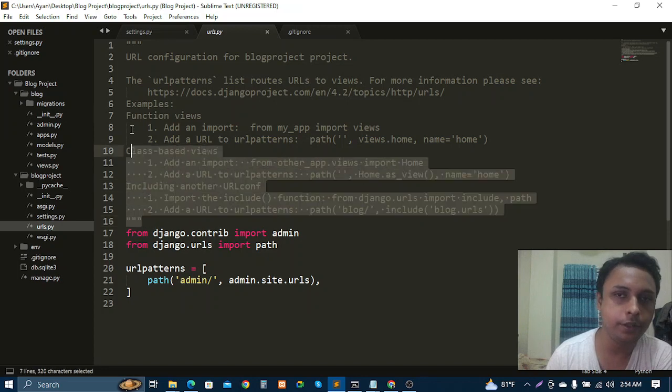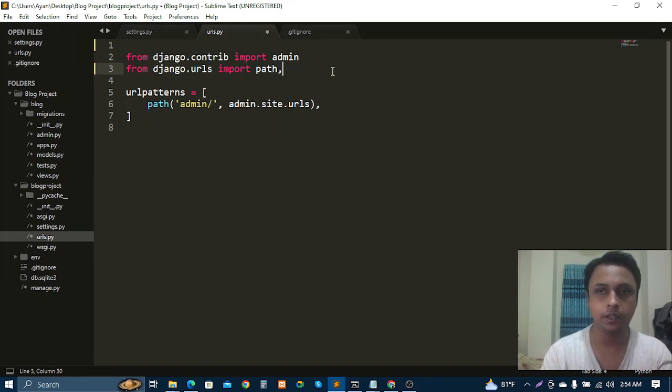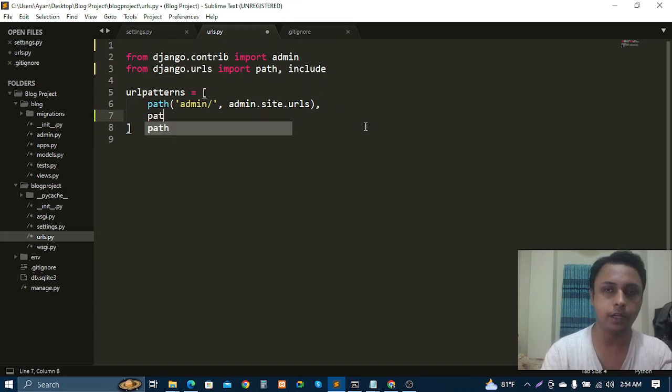So I'm going to delete all these comments, and after this django.urls import path, I can add here something called include. And after this admin.site.urls, we can add a path here,